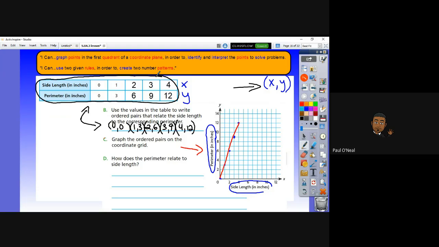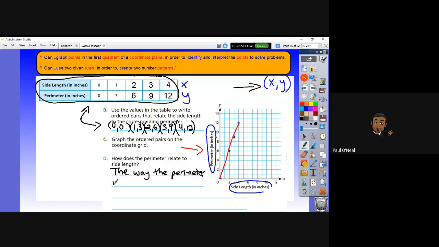of what they're asking, what they're talking about? Well, I can say the way the perimeter